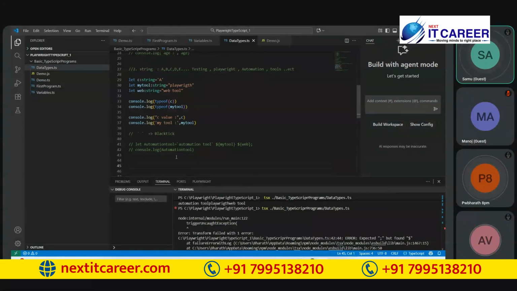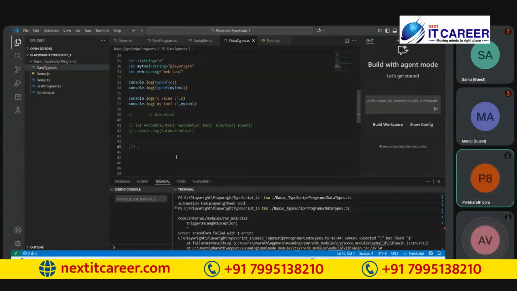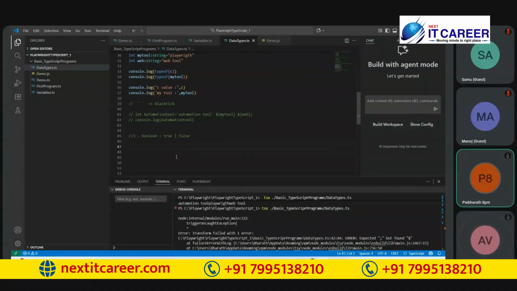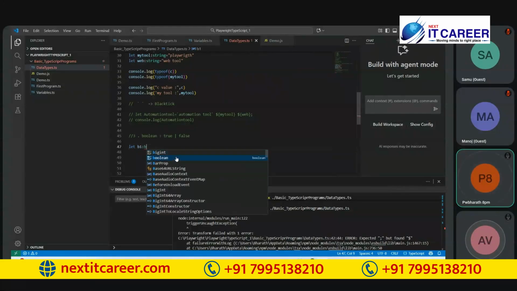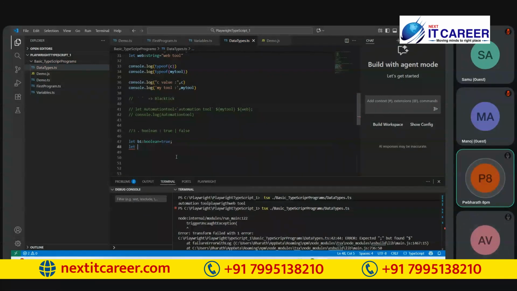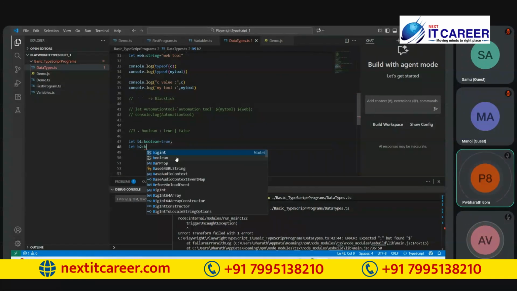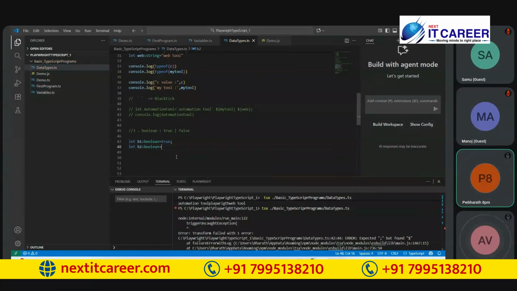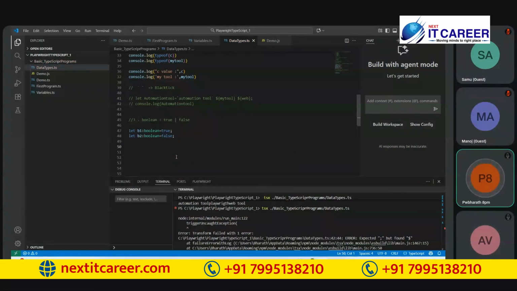Yeah. So then the third one is Boolean. Boolean is one data type which specifies true or false values. So suppose I have a Boolean b1 equal to true. To specify like this, Boolean equal to false. This is the way we use the Boolean data type when we want to specify Boolean data types. So b1 value